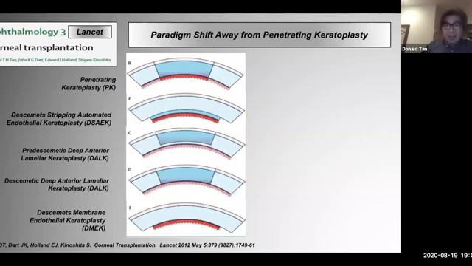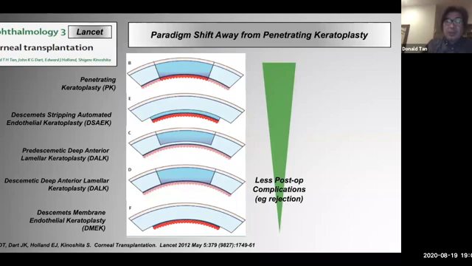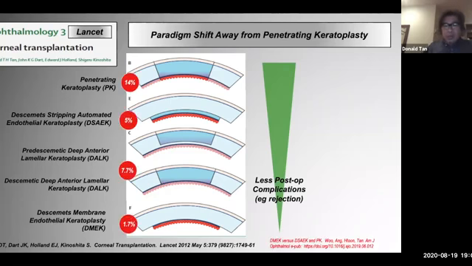Now we look at the reason why we're going to lamellar surgery. It's quite clear now that there are fewer postoperative complications. For example, rejection rates. Because we're transplanting less tissue, our rejection rates are lower, and these are just taken from various studies. This is from the Singapore corneal transplant data study, which covers about 5,000 transplants over 15, 20 years. And you see that DMEK has very low rejection rates. DALK, DSEK, all much lower than PK. And PK rejection rates overall about 14%.